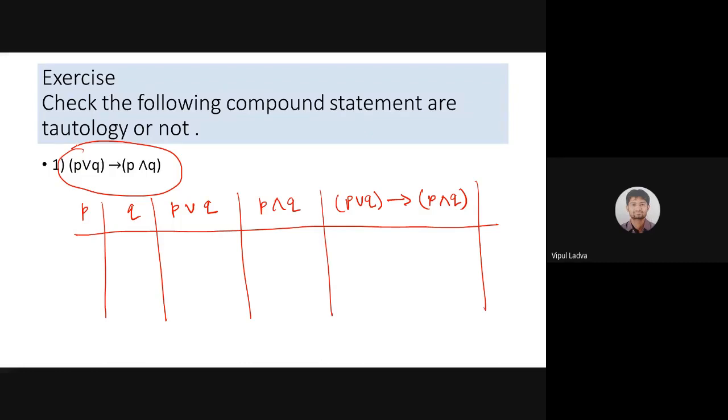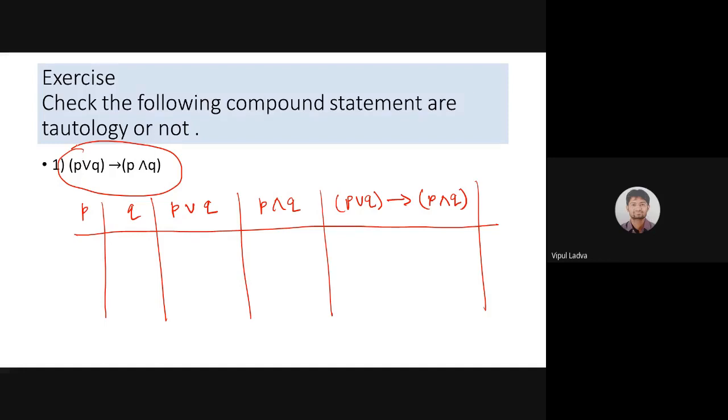Okay. Divya is saying it is contingency. First reply is from Divya. He is saying it is contingency. That means we must have some of the values as true and some of the values as false. It will be kind of a mixture of true and false in the last column for Divya. I'm waiting for reply from all of you: Muhammad, Meghna, Rishabh, Arjun, Dipen, Nidhi. All of you. Nidhi is saying it is contingency.